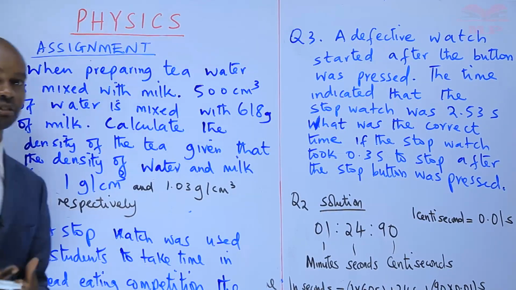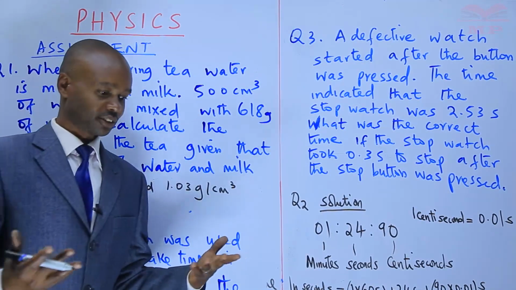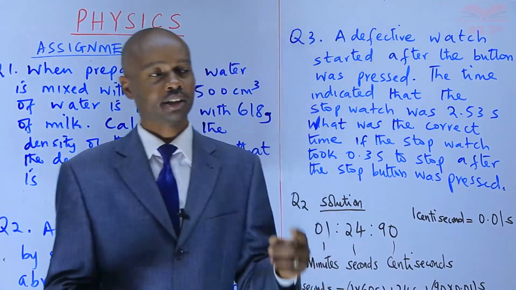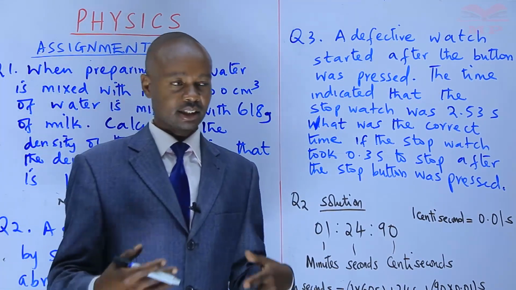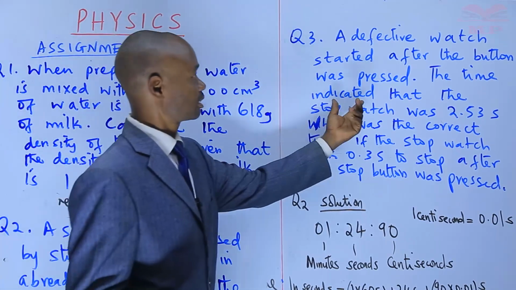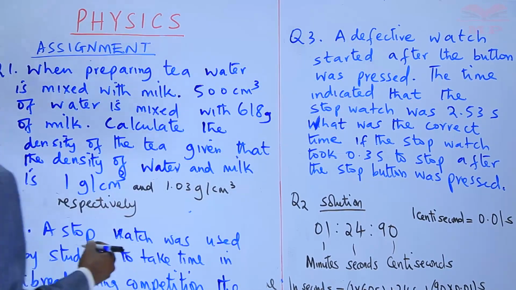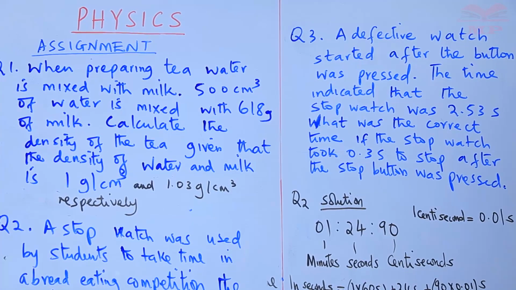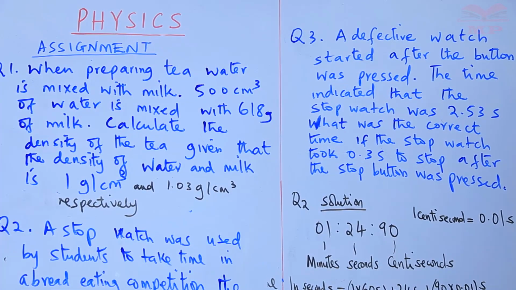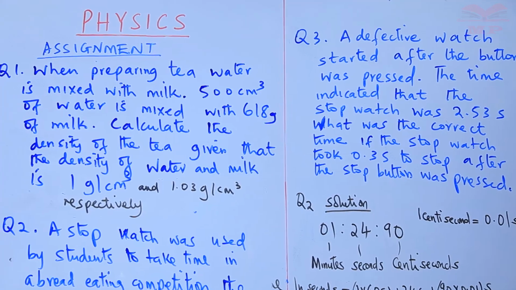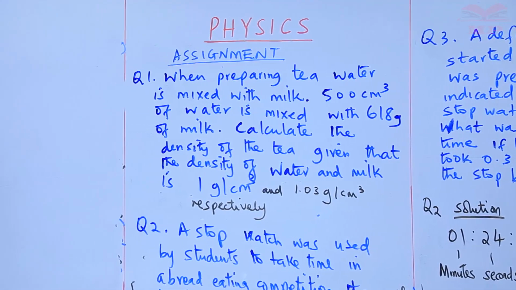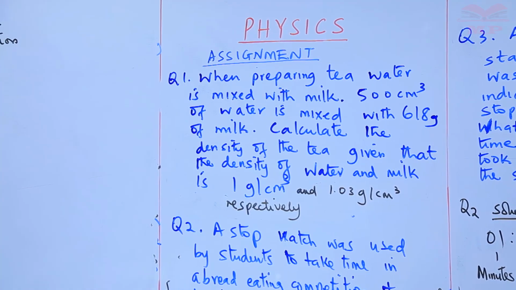So we are talking of errors. In most cases, we find errors. Even when athletes are running, we get one will start earlier. So this goes to the same thing to the defective watch. So the correct time, solution, this is question 3. So you should understand the correct time